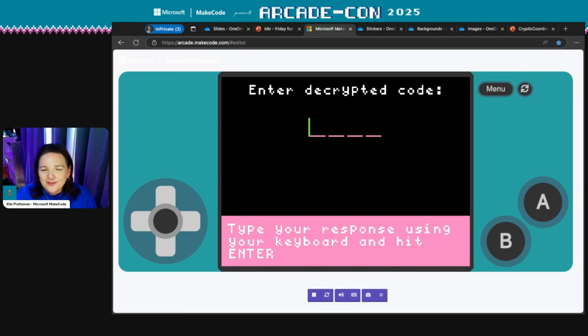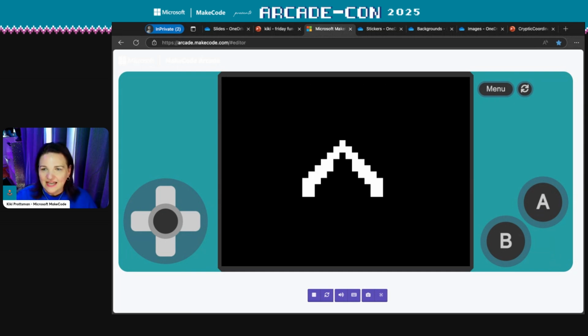Because of our new keyboard entry, I can just now type in 1, 2, 3, 4. I don't have to go from item to item and highlight it. And then I'll hit enter and it tells me that I want higher, higher, higher, lower. Now, will students know immediately that's what it's telling them? Maybe, maybe not. But the whole thing of this is about using your head, figuring it out. What does this mean? What do I do?